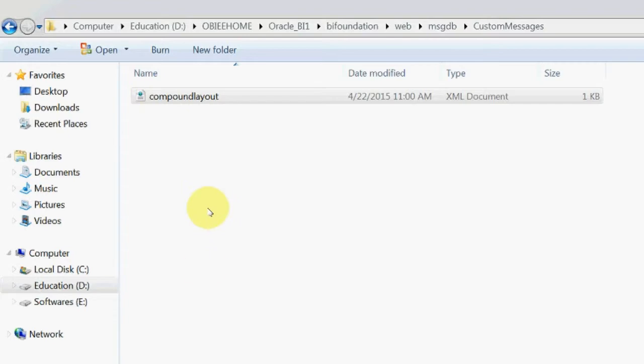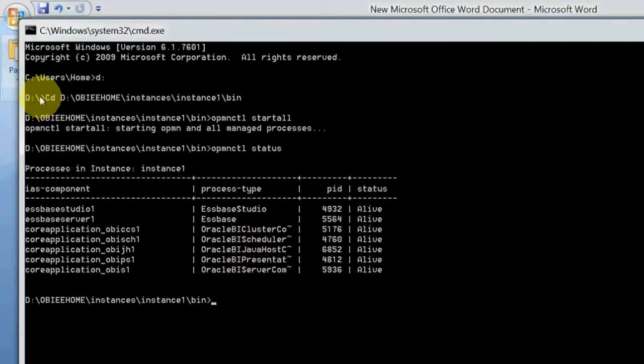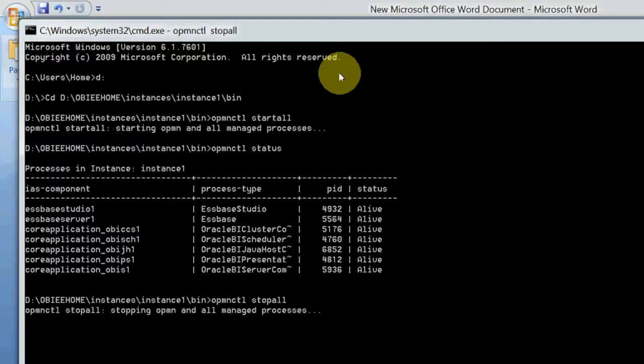So the next step is we need to restart all the OPMN services. For that we will go to this path, OBI instances, one, bin, OPMN CTL. See here I am stopping all, stop all. See, it is going to stop.